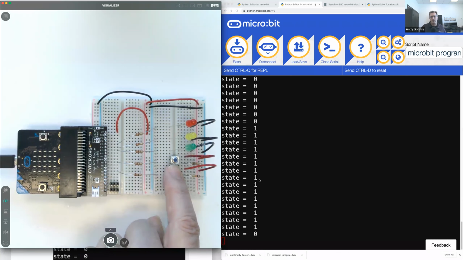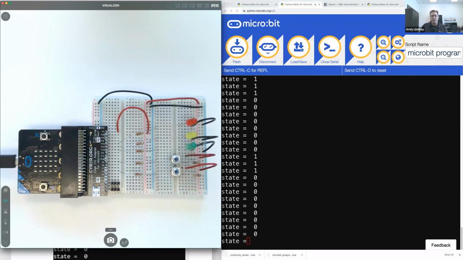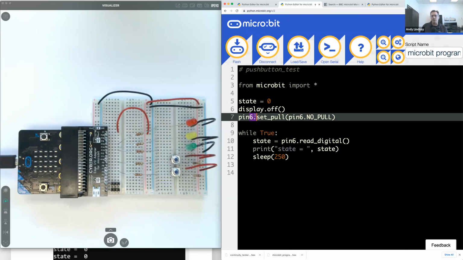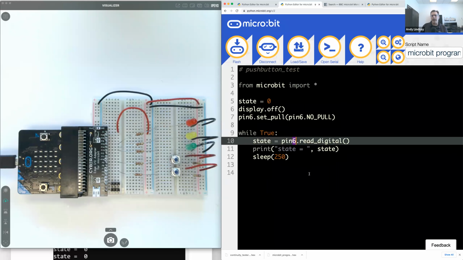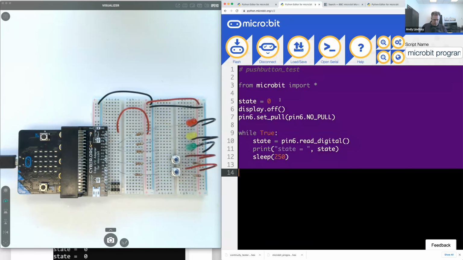So pressed, released, pressed and held, released. So if our circuit here is correct, we also want to make sure to test the one connected to P9. And so after testing P6, you'll want to change this 6 to a 9 and that 6 to a 9. With that said, I'll go ahead and copy and paste over the